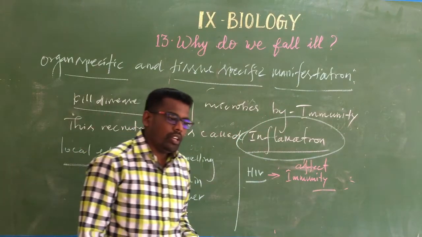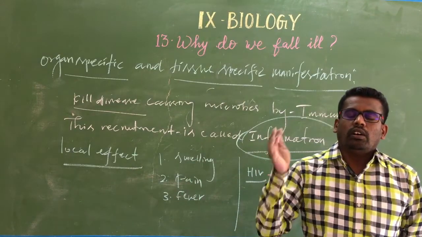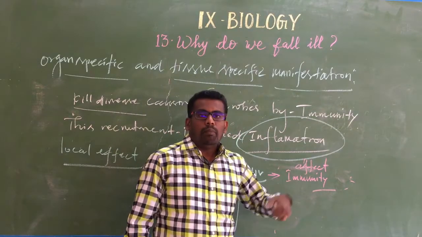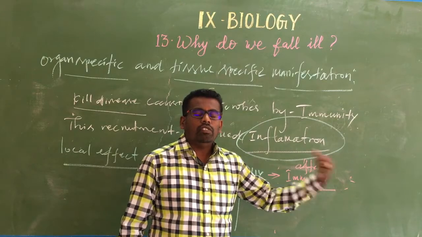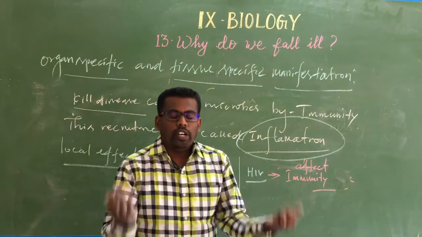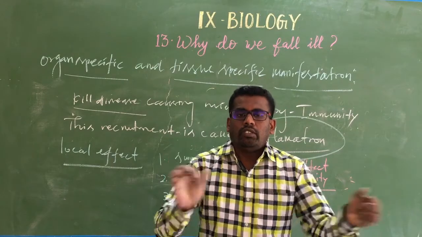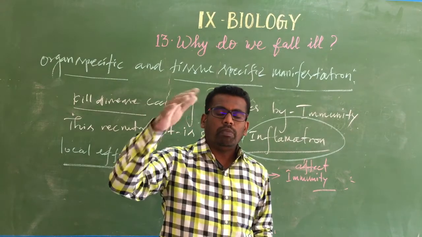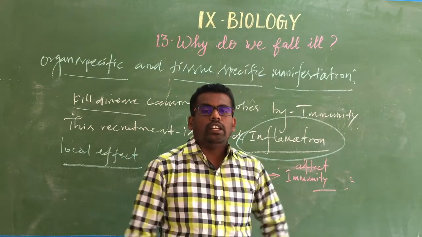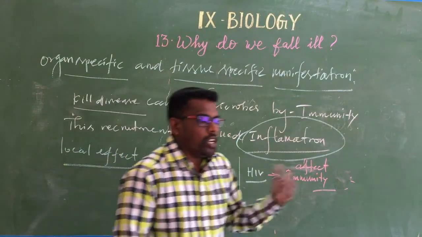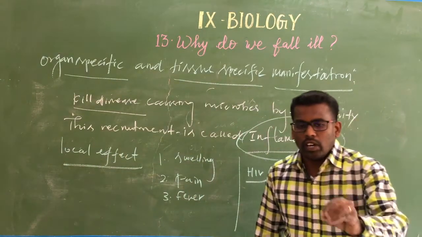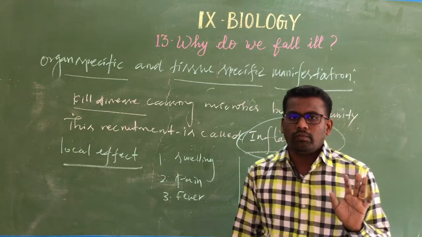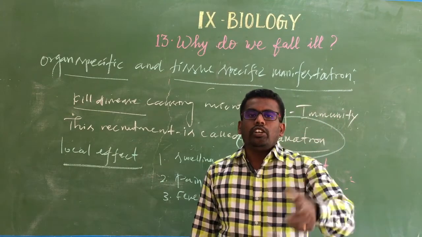How does it affect the immunity? The lymph nodes or lymph glands are there, so it affects the lymph gland. Once the lymph gland is affected, it will not give the immunity power. Without immunity power our body totally surrenders. Totally we lose our immunity, a 0% immunity person will be there. Without immunity power, we cannot tolerate even a very minor disease. For example, common cold. What is a minor disease? Common cold